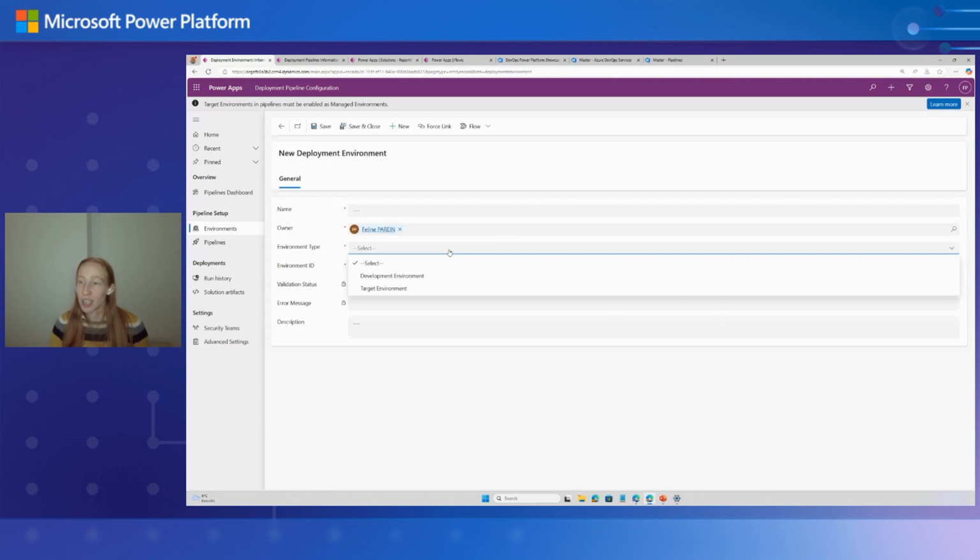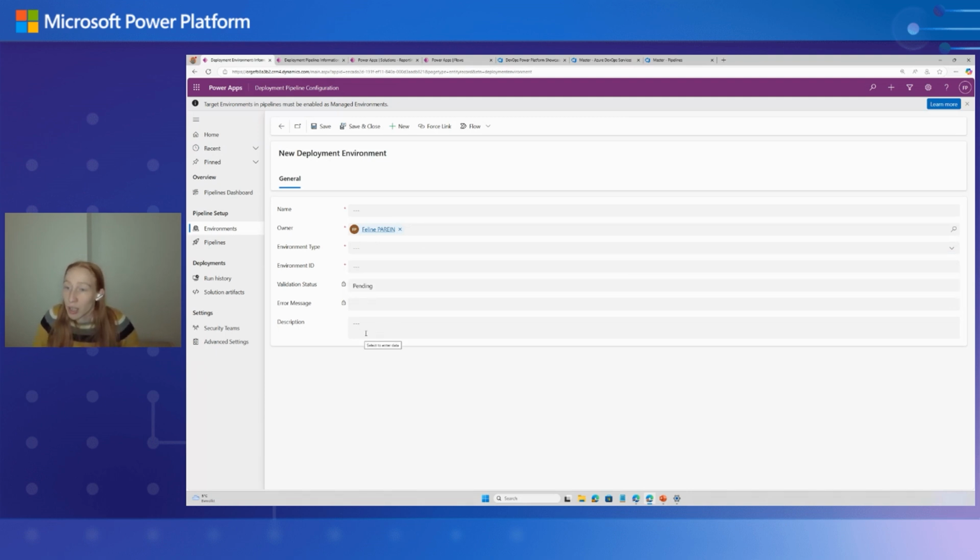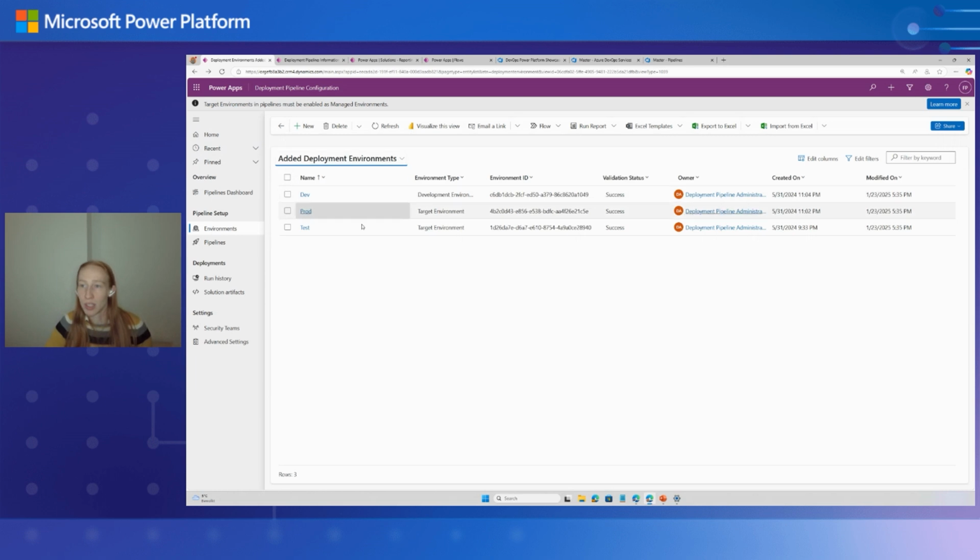And then the other option is the target environment. These are all the other environments that you're going to deploy the application to. Now, do take into account that your target environments need to be enabled as a managed environment. You can give it a meaningful description, and then you can save it, and then you can use these different